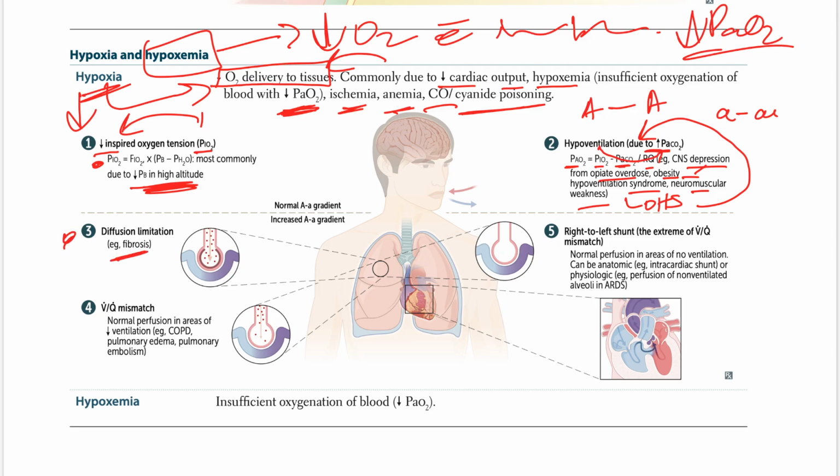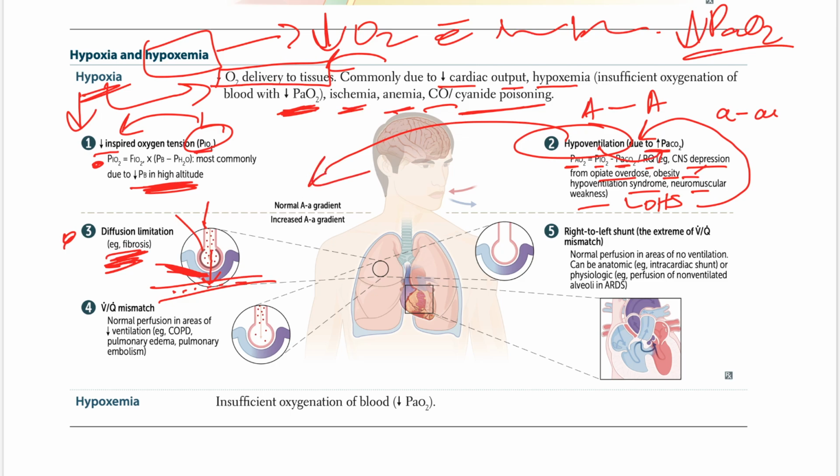And we give fibrosis, for example. This is the alveoli, right? And here is the diffusion limitation, because now here is going to be the blood supply. And this diffusion limitation is not letting the oxygen particles go into the RBCs, into these capillaries, because of this fibrosis, called diffusion limitation. And one more thing that is also written here, that if you are decreasing the PiO2 or hypoventilation, that is your normal